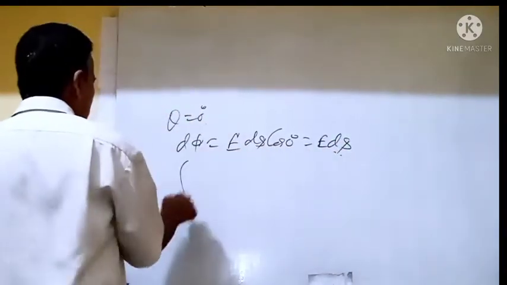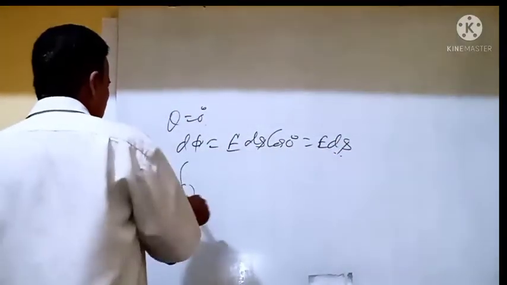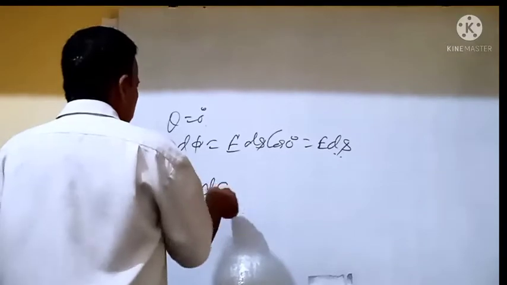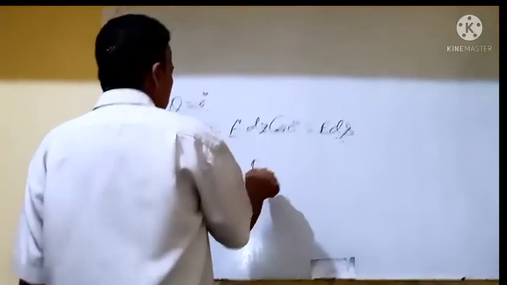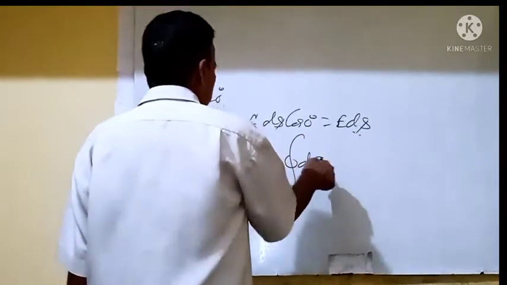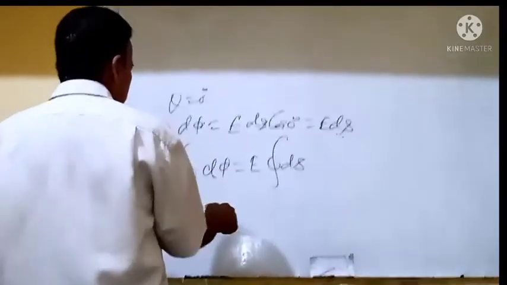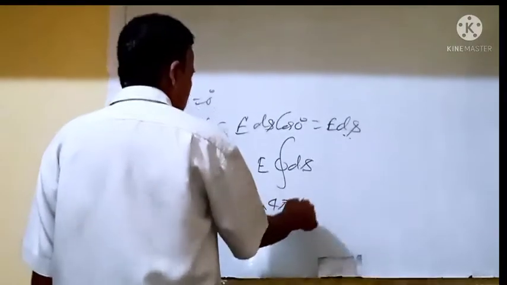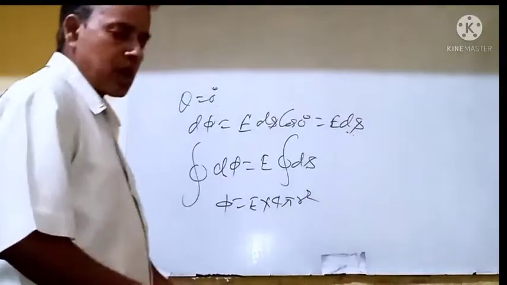So what is the total electric flux? Total electric flux is phi is equal to E integration dS. That is phi is equal to E into 4 pi r square. By Gauss law,